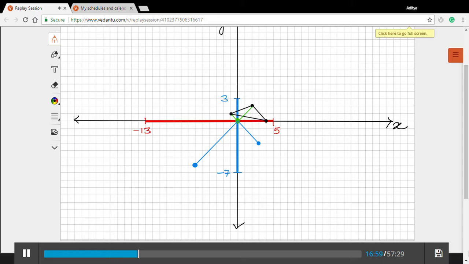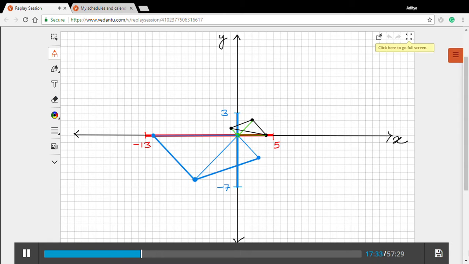Okay, let me also mark. This is the distance, 4 units. So 4 threes are 12, but in the opposite direction. So it was 4, and -3 times that gives -12 up to this. And as we have reached this point, we can then just join all of them. Okay, so that's the dilated one, right? The scale factor was